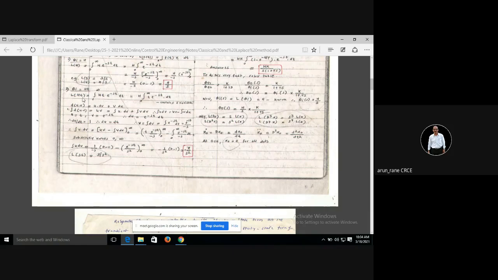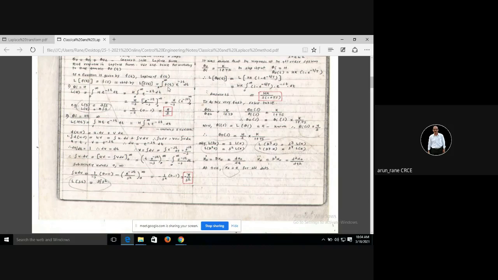Laplace of ht, by definition, for f of t is the integral from 0 to infinity of f of t into e raised to minus st. So what is my f of t? F of t is nothing but ht, so ht into e raised to minus st. Now just see what answer you are getting. This is to be solved by integration by parts. Here h is a constant, as I told; it is some magnitude, like 10 kg or 15 kg, so we are taking it out.